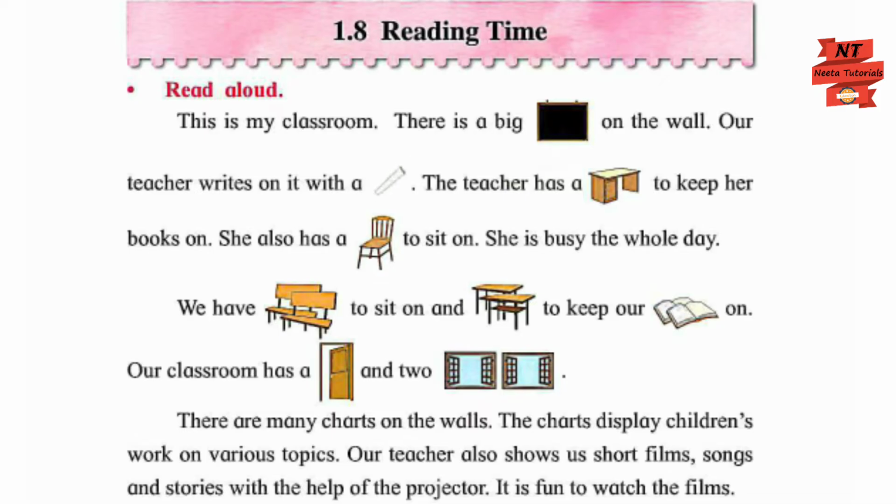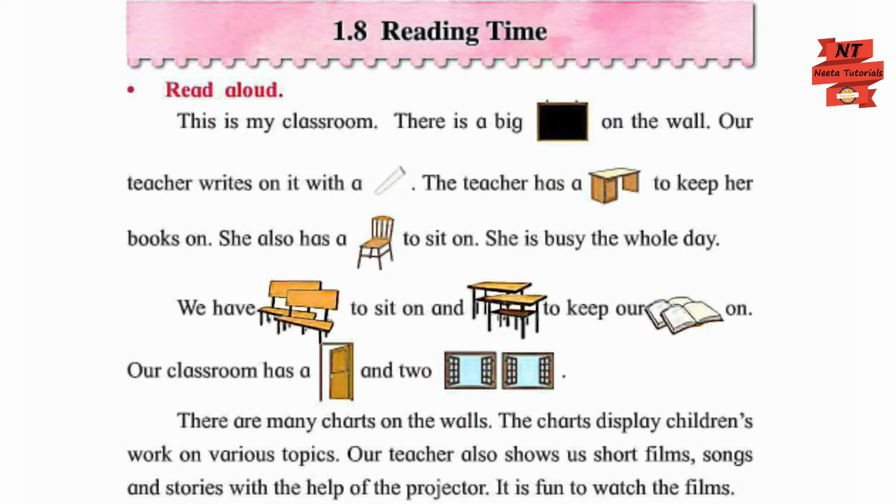Next we have a table and a chair. There is always one table and one chair for the teacher. So a table and a chair. Keep this in mind. We are also learning the concept of one and many. Next we have, you can see, benches. That is two benches. They have shown more than one. And then we can also see desks, more than one desk. And then you can see books, more than one book.